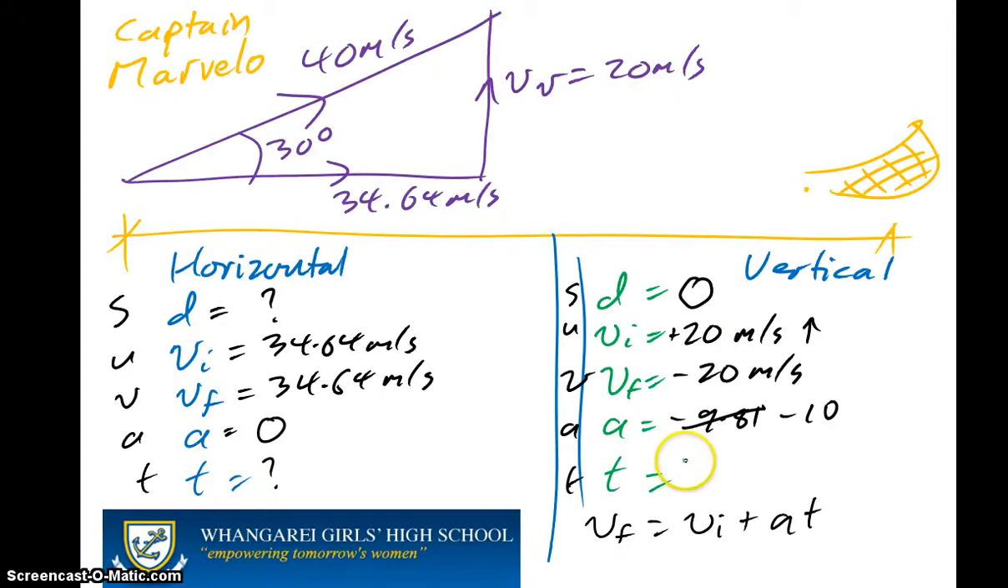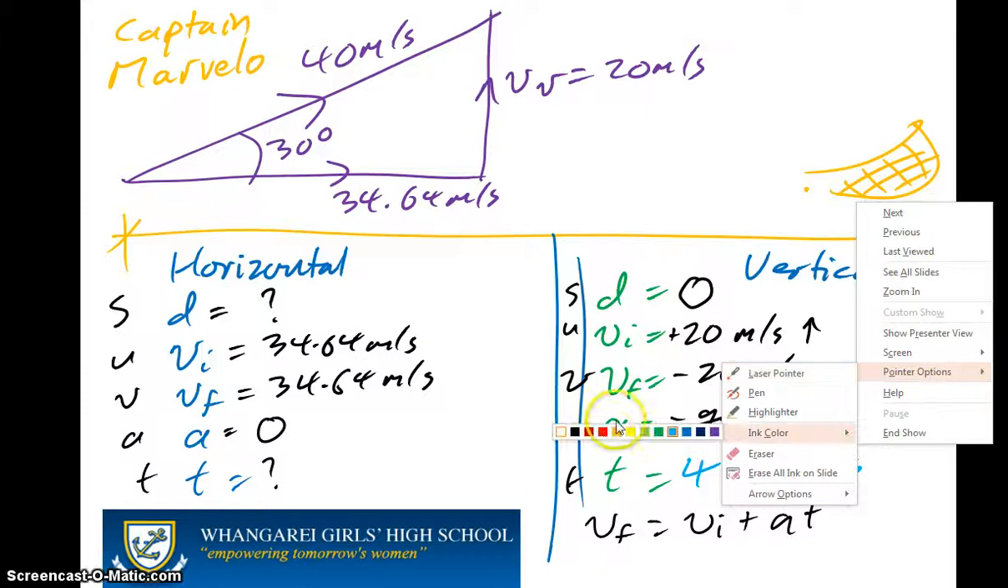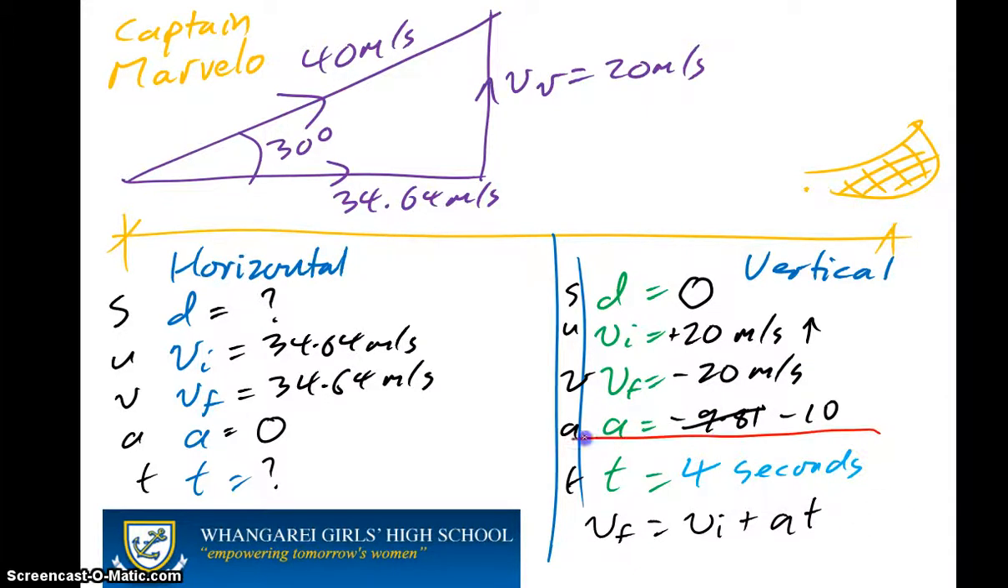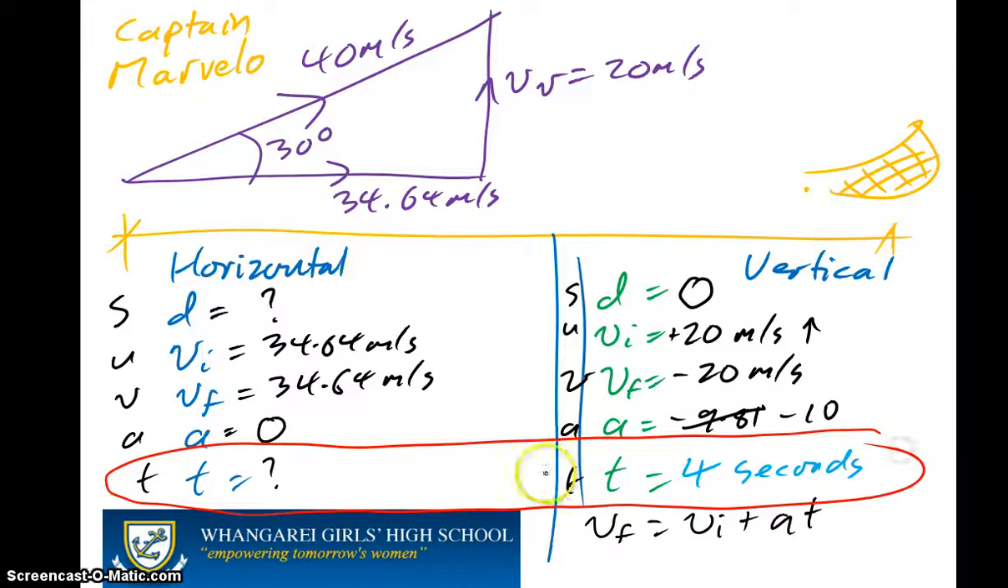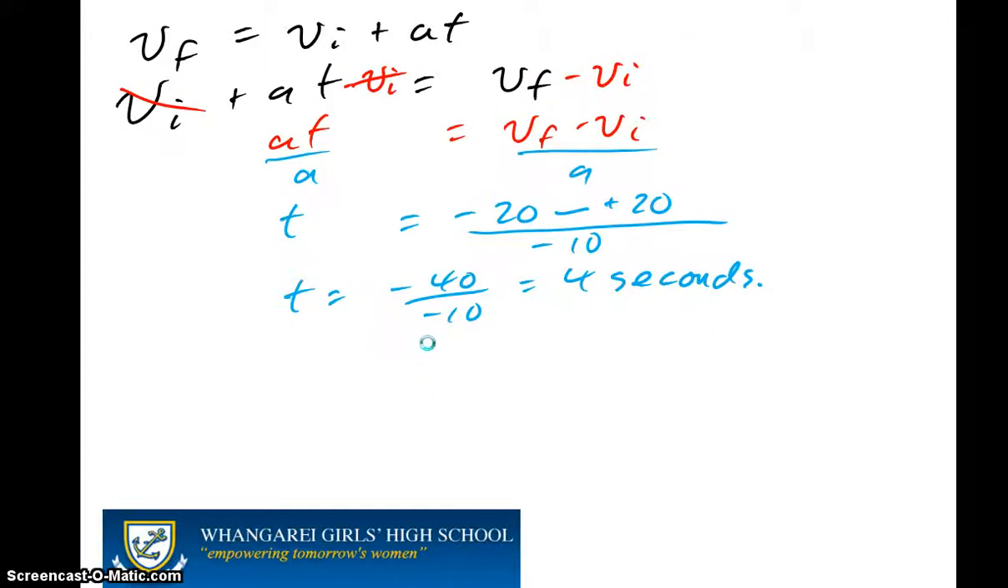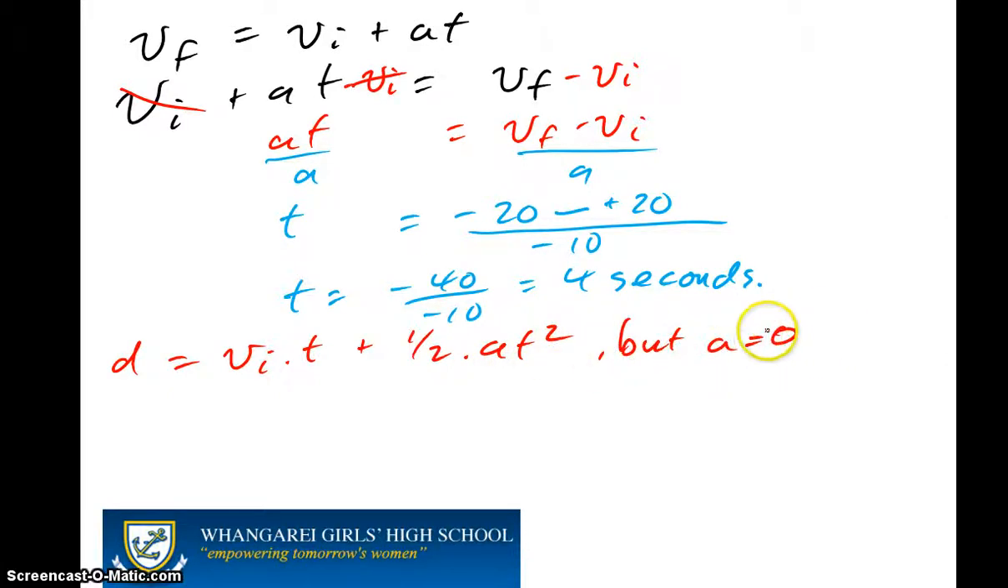So we come back to the previous one, we'll find it took 4 seconds to go up and then 4 seconds to come down. Well, when it is finished traveling vertically, it is also finished traveling horizontally, so these two numbers will be the same, 4 seconds. Then we can say that the final horizontal distance will be equal to the horizontal initial velocity times the time plus a half a t squared, but the acceleration is equal to 0, so that term goes, and the final distance is equal to